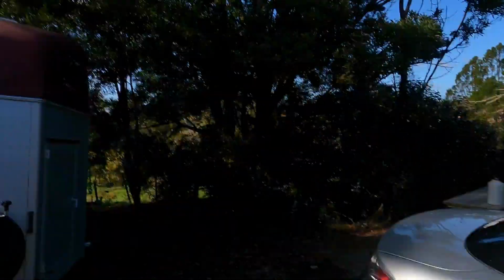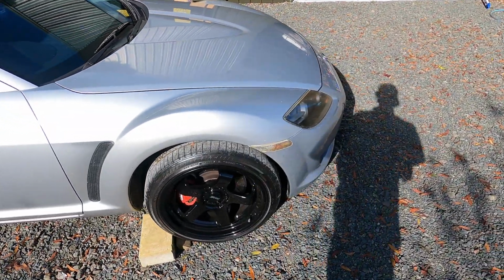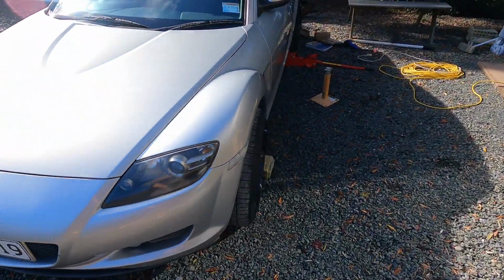So yeah, that's the plans for this car, and hopefully it goes well. It's going to be a bit of a long journey and a very massive learning curve for me, so hopefully